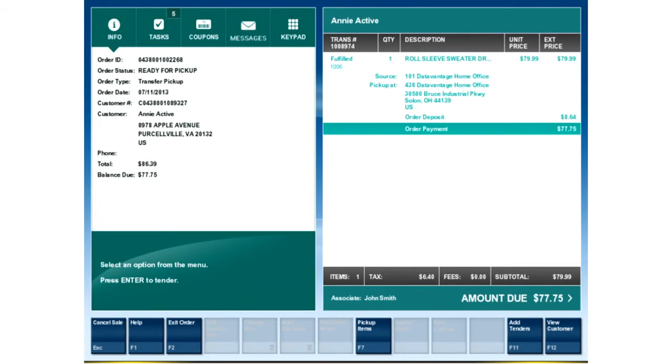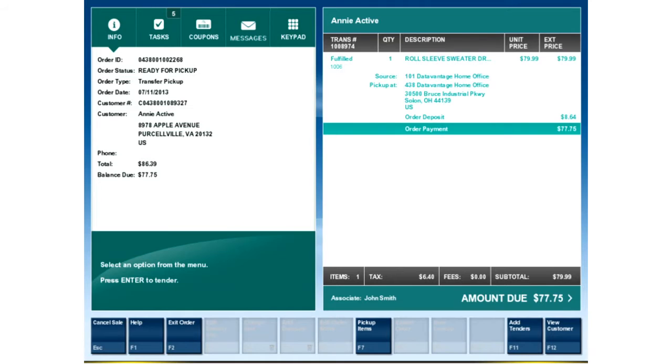So here we see the details of the order, wherein we see the details of the customer, how it has been ordered, and who has ordered it, the delivery address or the customer address, and a whole lot of details of the customer. That is on the left-hand side that you see. On the right-hand side, you see the details of the order, wherein we give the details of the item and if there has been any modifications that are requested by the customer. So all the details of the orders are on the right-hand side. And then there is a button in the bottom, which is to pick up the order.